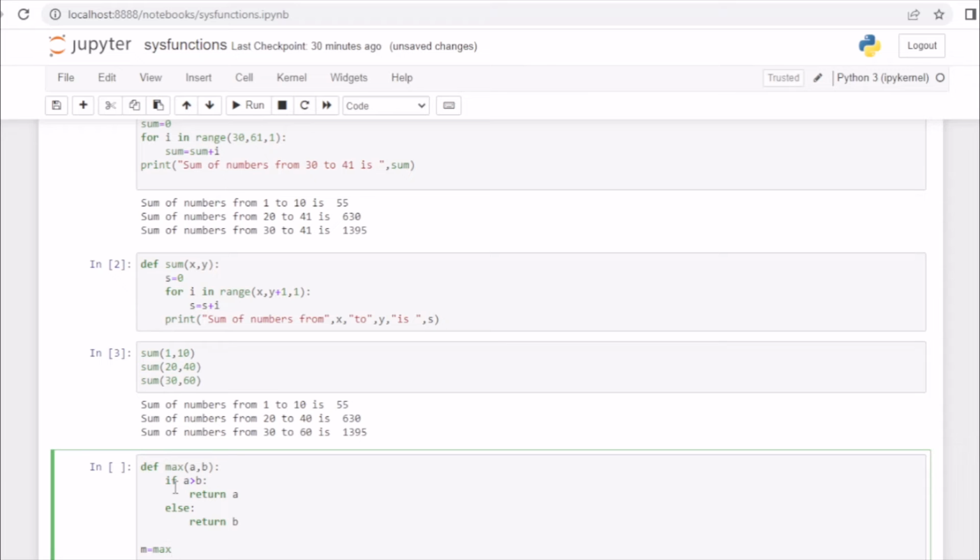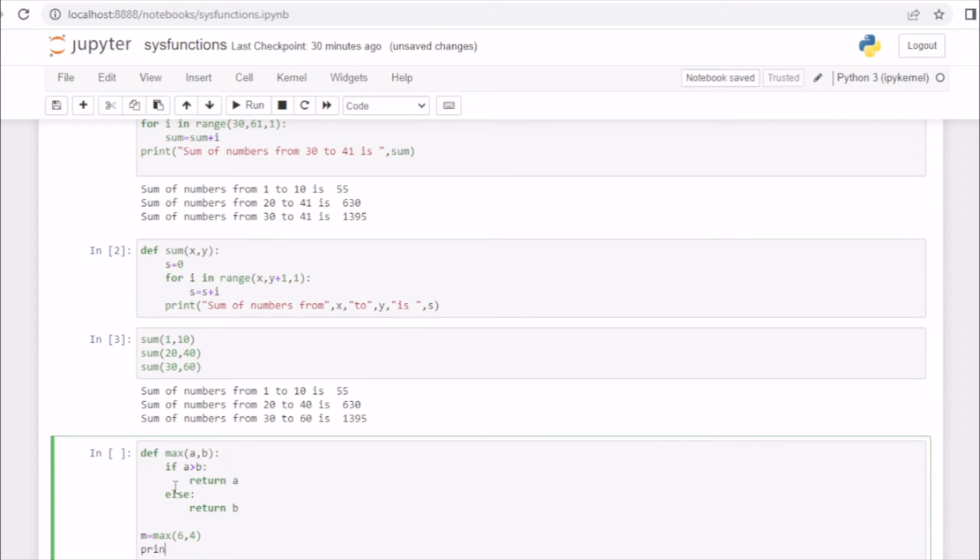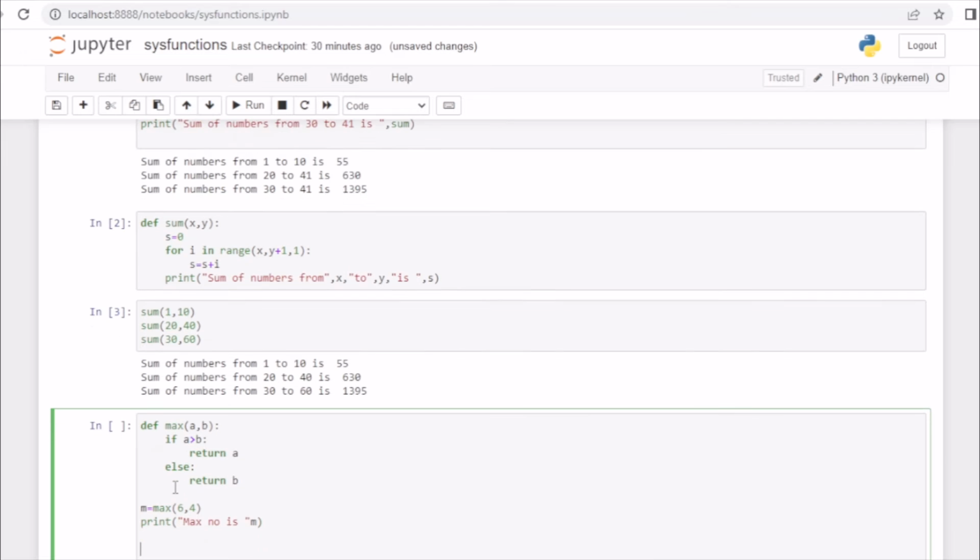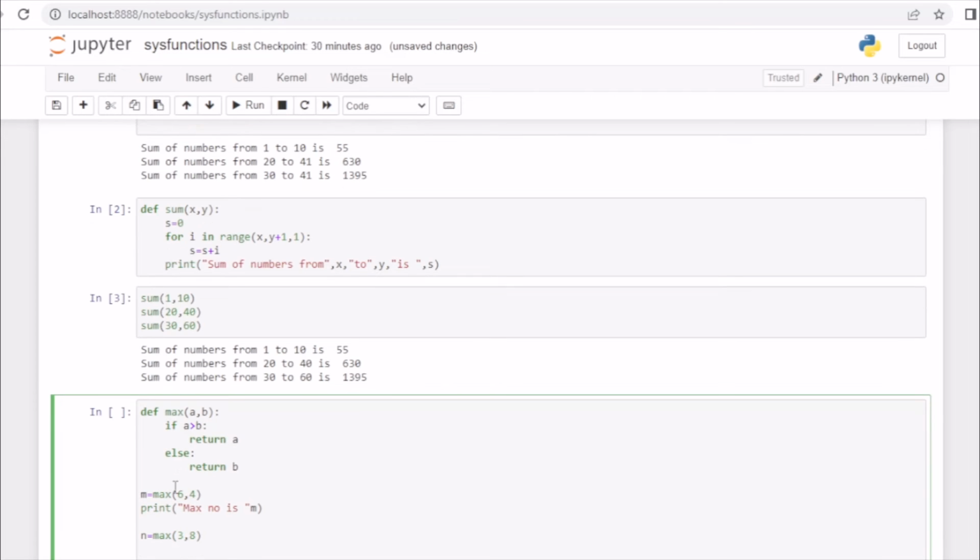Let us call this function and pass values 6, 4. Let us call the function for some different values. So let's pass 3, 8. Again, we are going to print